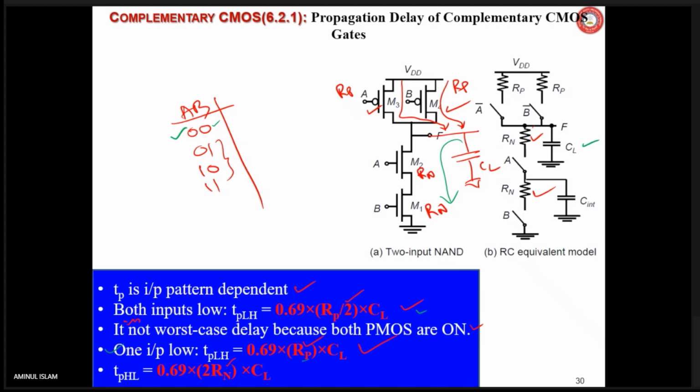Sometimes, you would like to make not a two-input NAND gate, but say a four-input NAND gate, or say a ten-input NAND gate. Then ten MOSFETs will be in series, and a longer TPHL will be there. So normally, such a many-input NAND gate is never made. Mostly two-input or three-input, maximum four-input NAND gates are used because of this reason. Okay.